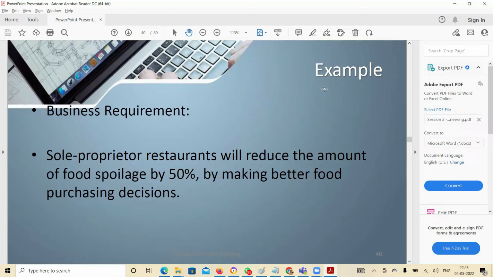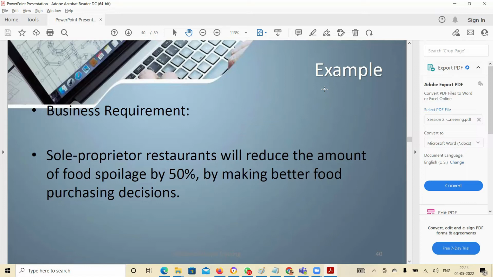So what you saw, of course, that is a problem, right? You're feeling hungry. That's when you will go down to a restaurant, right? But that is the starting point for sure. You need to know that. But to get a solution, you have to go a level deeper. So here we are saying restaurants will reduce the amount of food spoilage. Right? I'm feeling hungry, you can avoid getting hungry by eating Chinese food. Something like that.